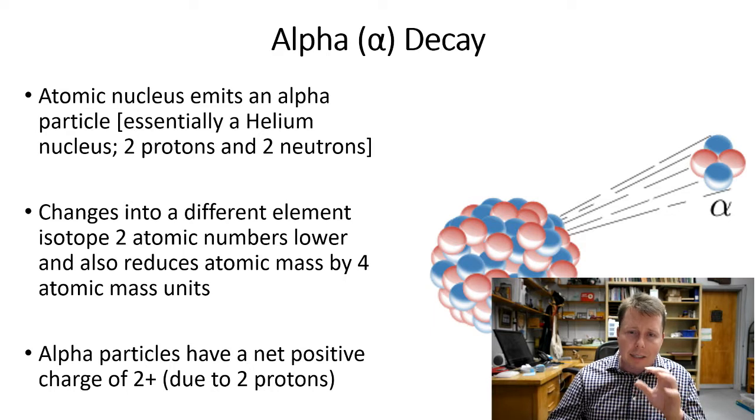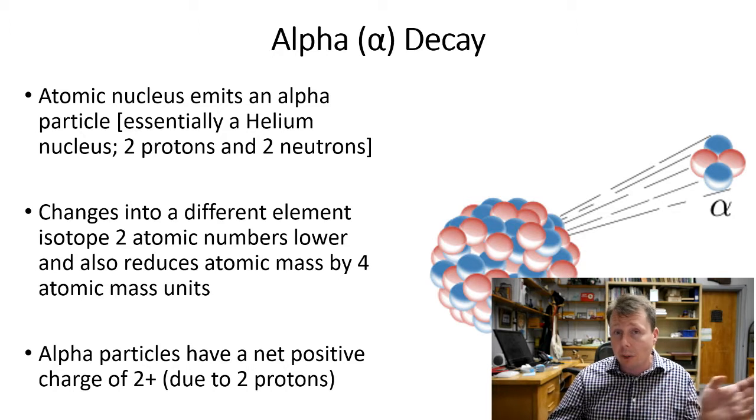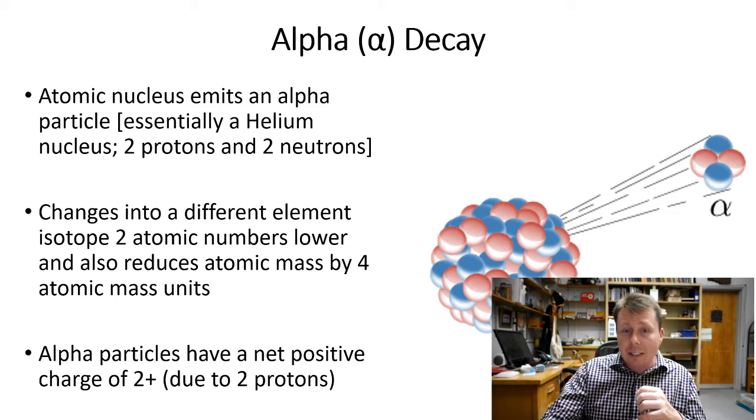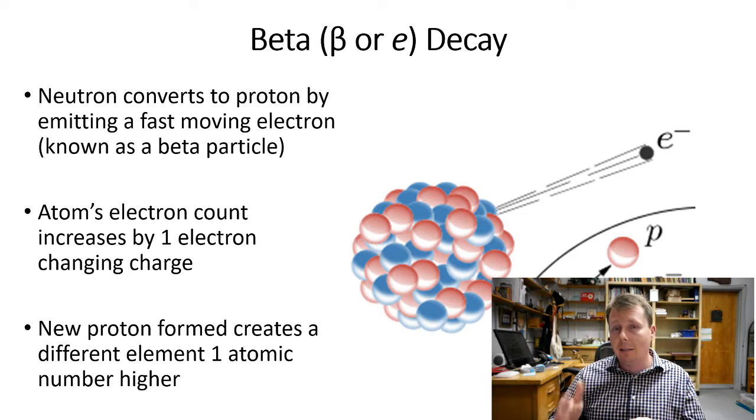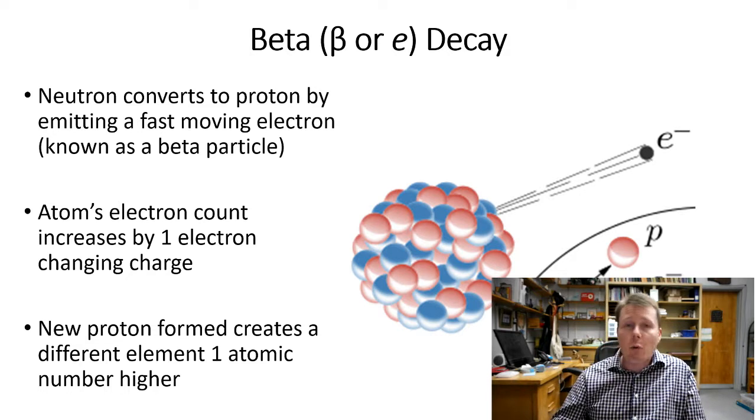But that is one important type of decay. So we saw a lot of this occurs when you have uranium going into lead, uranium-238 to lead, that we saw just a minute ago. Another type of decay that was happening in that same chain reaction of radioactive decay was beta decay. And beta decay can sometimes be called electron decay, or if you see a symbol with it, sometimes they'll have the electron symbol, the E with the negative sign over it. And the reason for this is the way beta decay works.